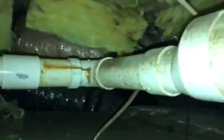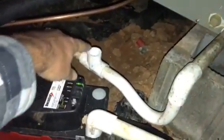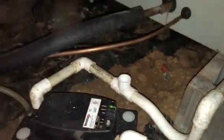Okay, here's the system. XB90, so it's an entry level 90%. This existing flue pipe certainly was ugly. I don't know if that's the right type of silicone on that or not, but I don't know what that's all about. I don't care for that. So anyway, let's